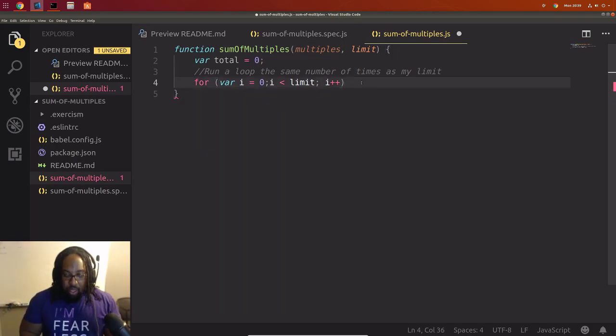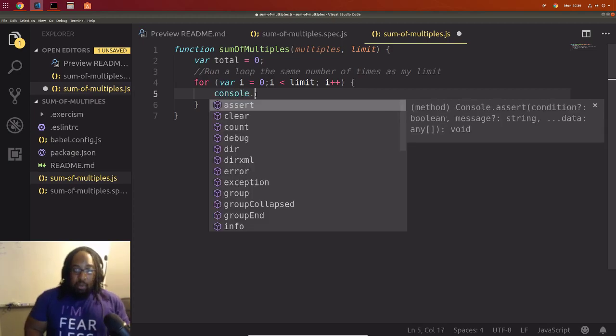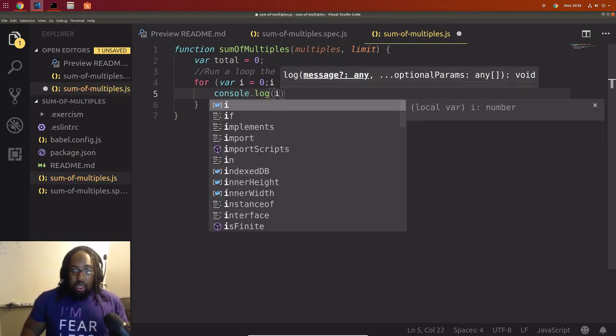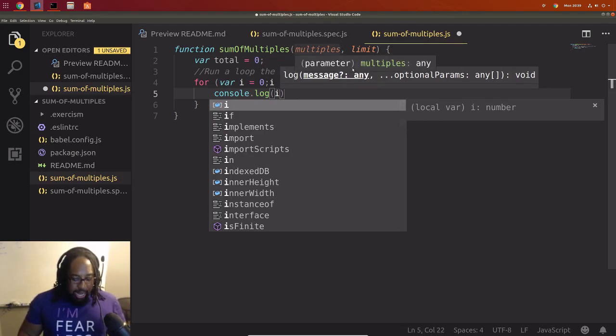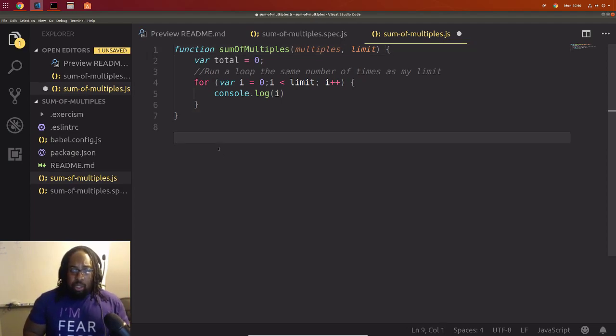So cool. We've got ourselves a loop that should run up into our limit. So whatever we put in here, we can test this actually. We can do console.log I. And for now, actually, JavaScript might not break if I don't pass in the multiples. Let me check.